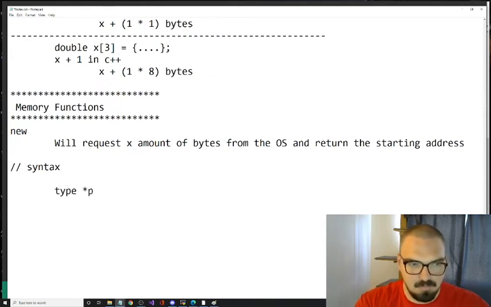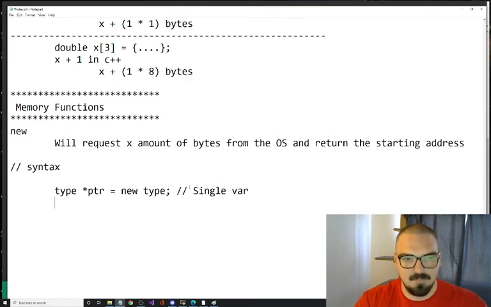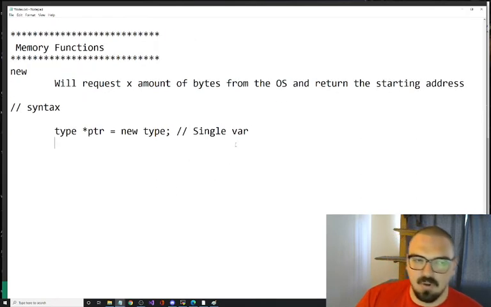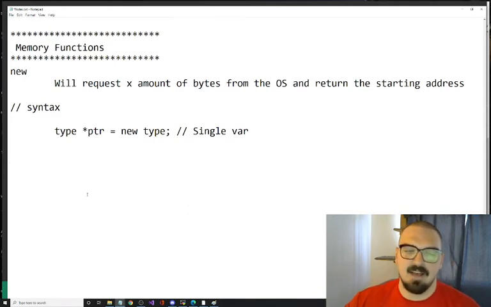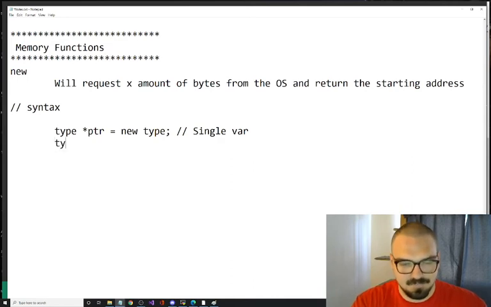Type pointer equals new type. All right. Now, that's for a single variable. And in your assignment, you're only going to be working with single variables, okay? In assignment 5, you'll work with the arrays, but not quite yet.